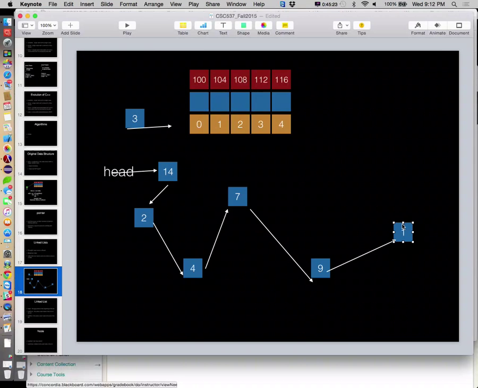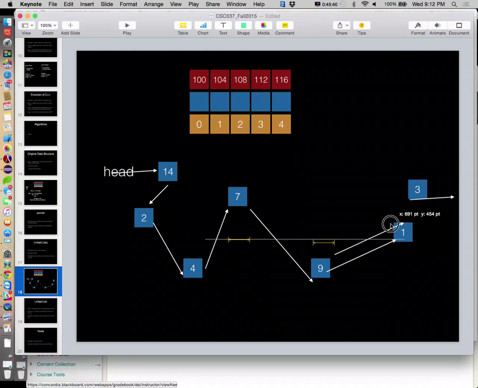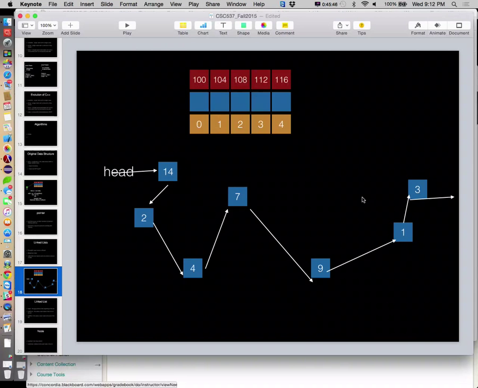Yes, it is. So since this is the end of the list, what do we do? We set this node's next node equal to n. Okay, we just hook it up. So adding at the end is actually easier after we've traversed to the right place, whereas adding to the front is more difficult because we need to make sure we don't lose the new second value of the list.